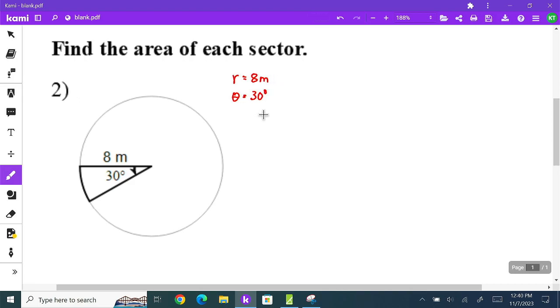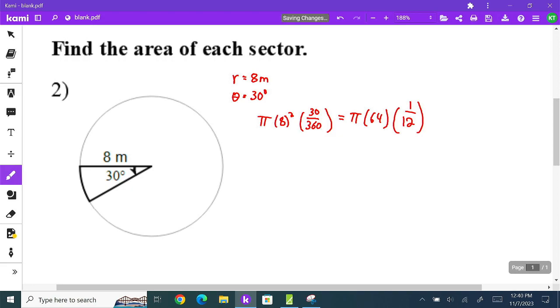So that's going to be pi times r squared, 8 squared, times theta, which is 30, divided by 360. I'm going to start simplifying things down. Pi times 8 squared is 64, and then 30 divided by 360, that can simplify down to 1/12,